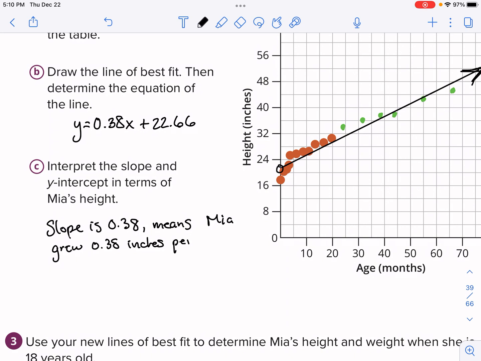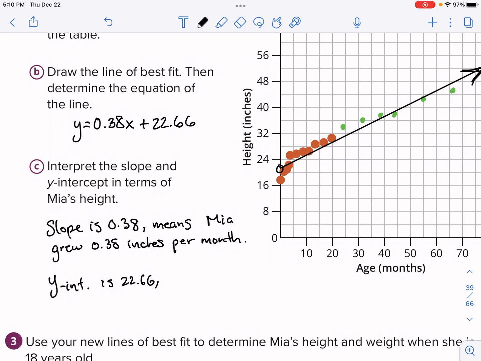Let's just say per month. So she got that much taller, between 1/3 and 1/2 an inch every month, from birth to about 5. Okay, and then the y-intercept is 22.66, which means she was this